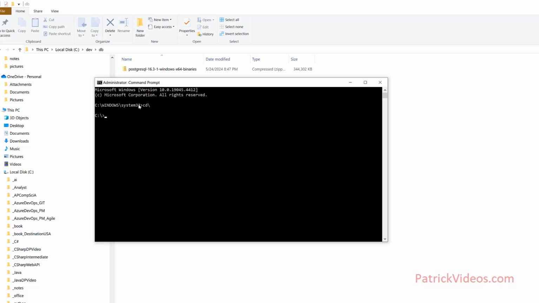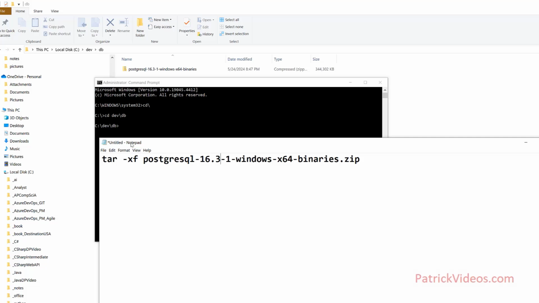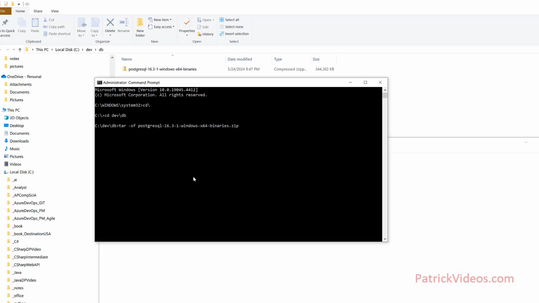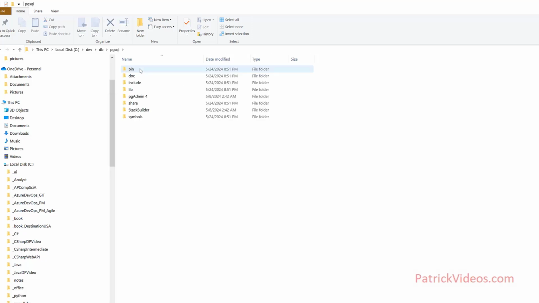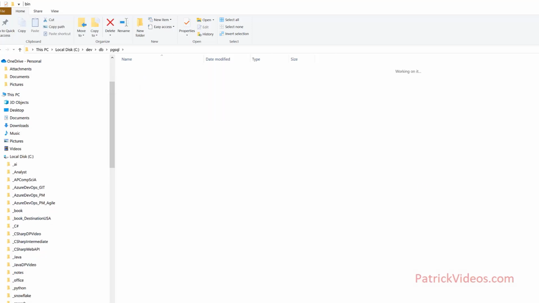Go to the directory where you have the binaries. And in this place, enter this command. The command you should enter over here is tar -xf and the binary zip file name. Now press enter. This will unzip the zip file. Once unzipped, you will see this folder PGSQL over here. Go to the bin folder,